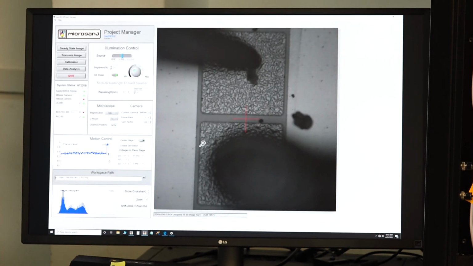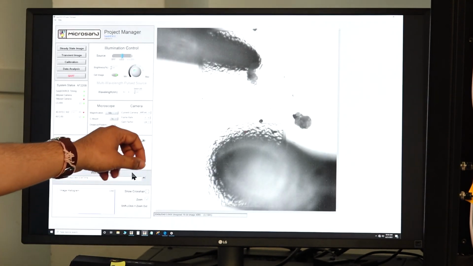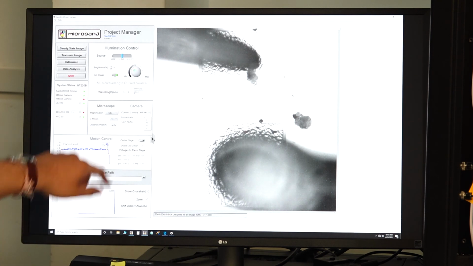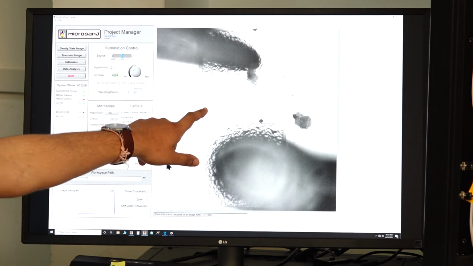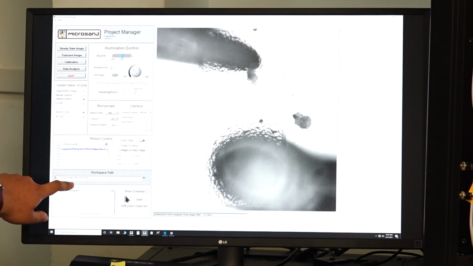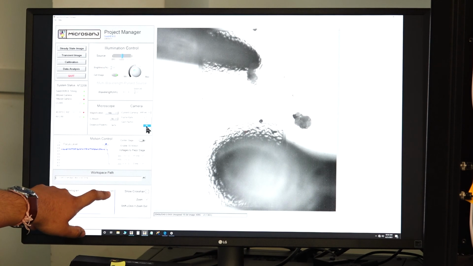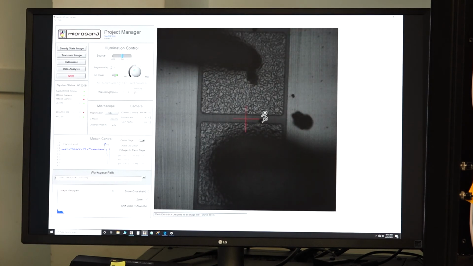See, as I am going to 1 frame per second, you can see that the exposure has increased. The increase in exposure can also be seen in this image histogram, which is showing that it is 3000. The count is 3000, which should not be the case. So I quickly lower my frame rate to 20 frames per second.